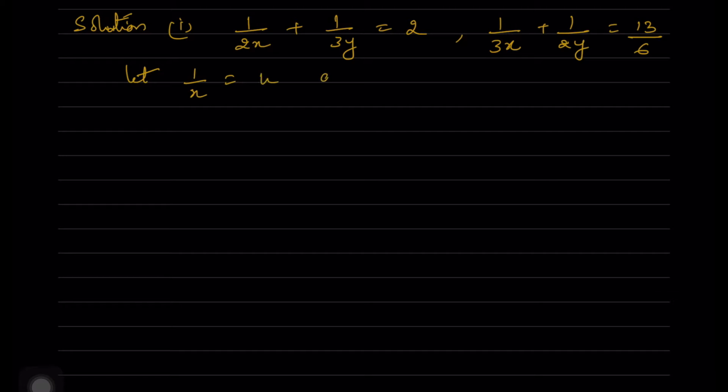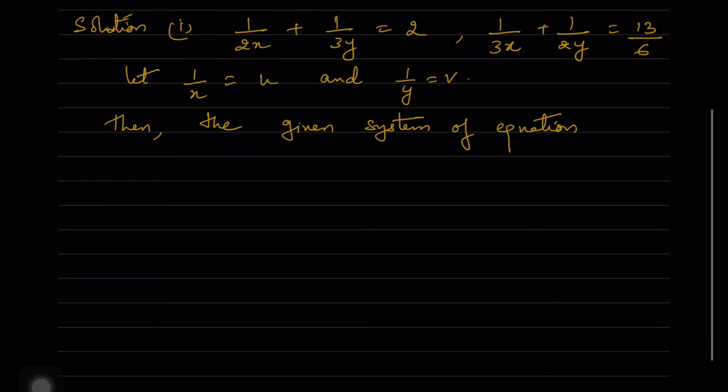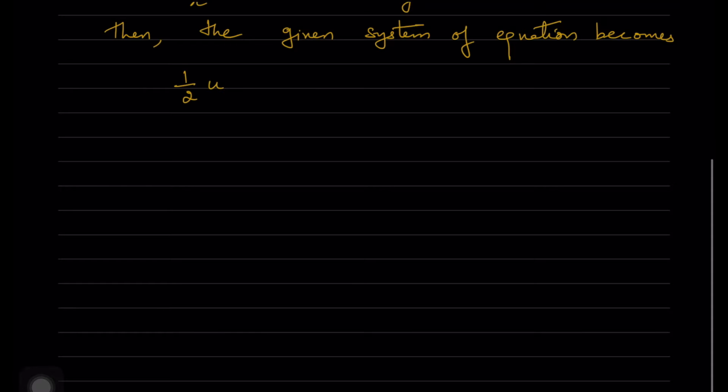So here we consider let 1 by x be equal to u and 1 by y be equal to v. So then the given system of equations becomes: in the place of 1 by x we are going to write u, and in the place of 1 by y we are going to write v. So we get 1 by 2 into u plus 1 by 3 into v is equal to 2, and the second equation is 1 by 3 into u plus 1 by 2 into v